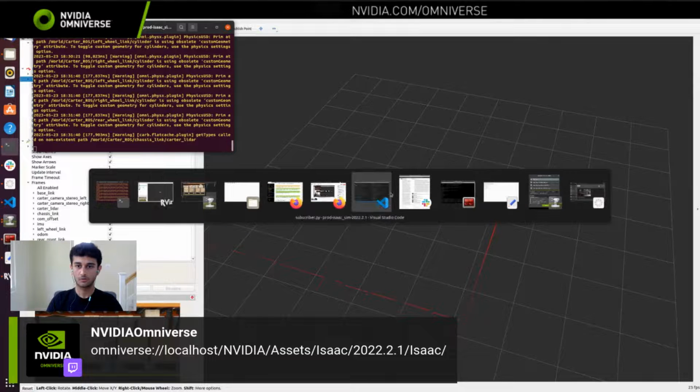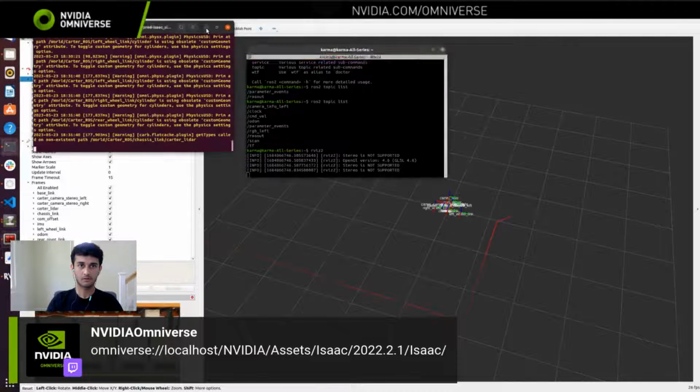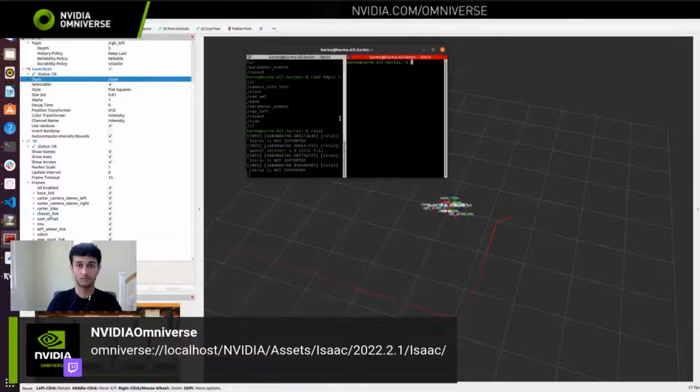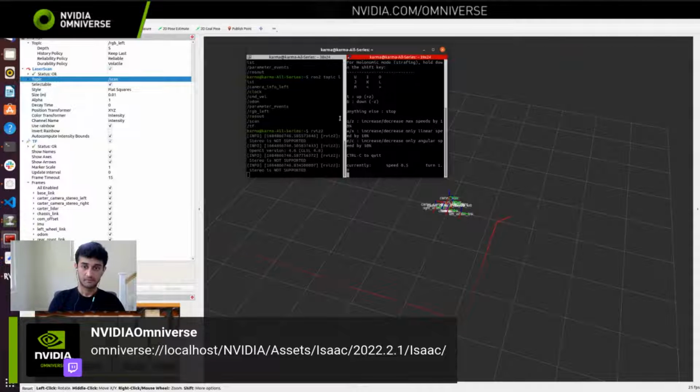Let's see if we can teleop the robot. That's a simple test. And let me open up, source my ROS installation again. We have sourced. I'm gonna run teleop twist. Okay, teleop twist open right here. Okay, the robot seems to be moving. Yeah, you can see the odom frame, and I'm just spinning the robot around right here, and it's doing the